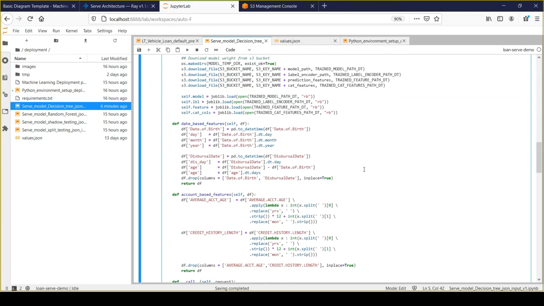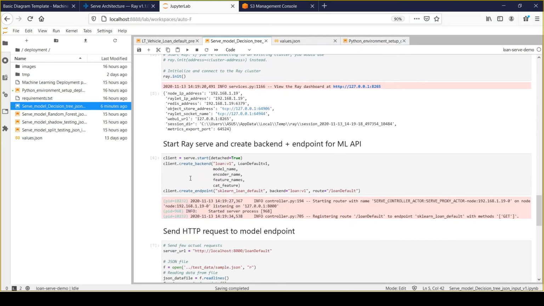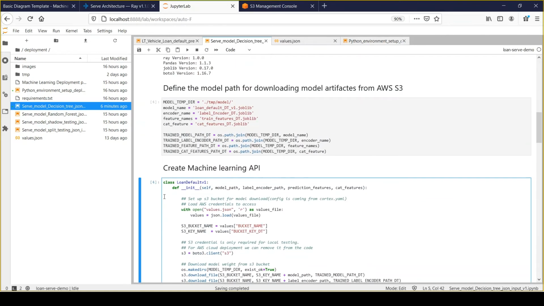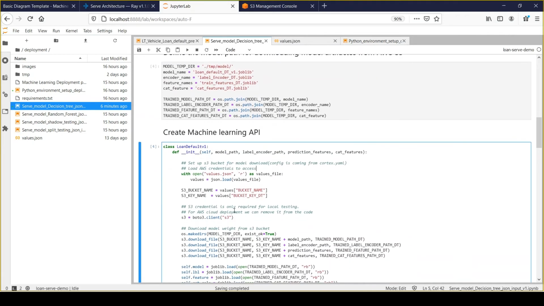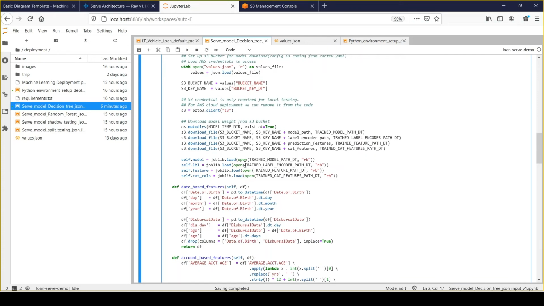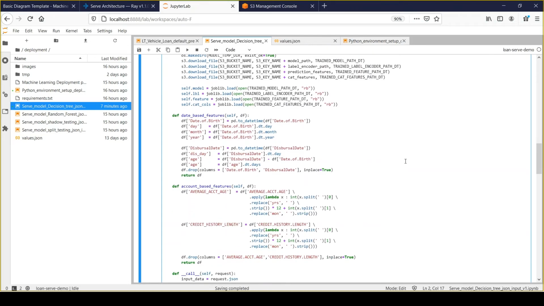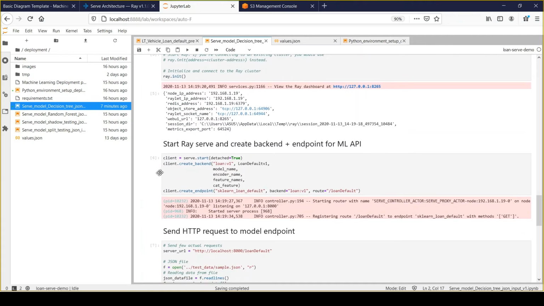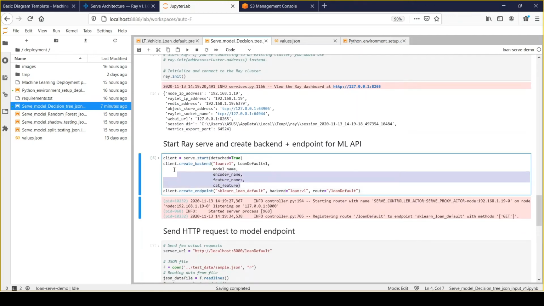Whenever we create a backend, it will initialize this class, and during the initialization it will run this function. It will download all the model artifacts and store them in memory for further inference, and that's exactly what this create backend step will do. Once we are able to create the backend, we need to create an endpoint.